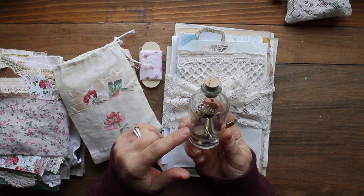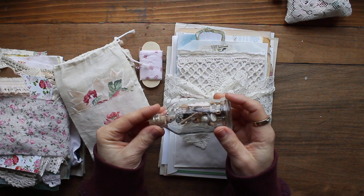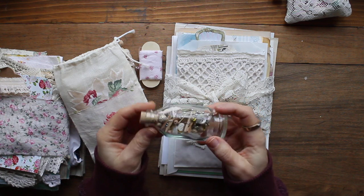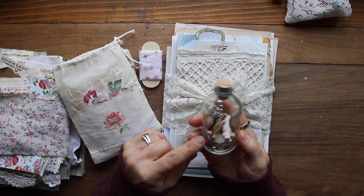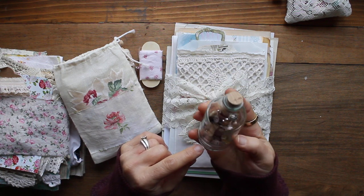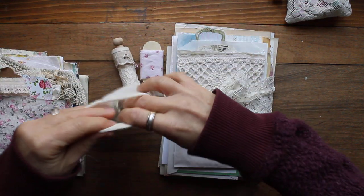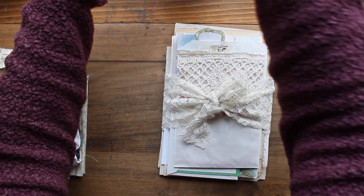A little wooden clothespin, I think 2 of those, a brass paper clip, a piece of chain. There's actually a piece of old chain that I put in there that you could attach things with, and some little tiny beads and all kinds of things in there. So this is full of fun things that you can use in your journal making, to make charms, or just to attach onto